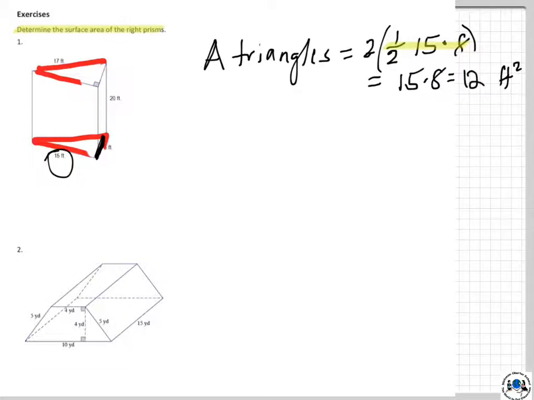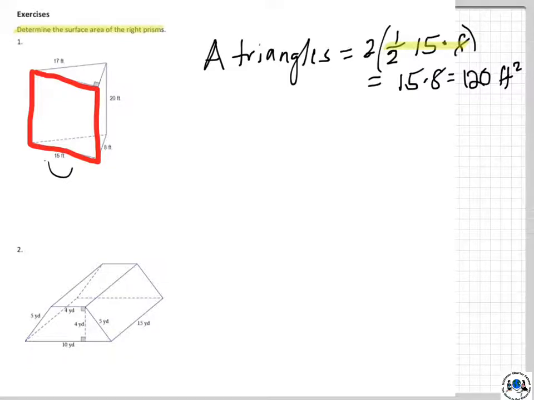Made a bit of a mess there. So 120 square feet. That is the value of those 2 triangles. So 2 triangles are 120 square feet. Now I want to go ahead and look at that one flat base right there,